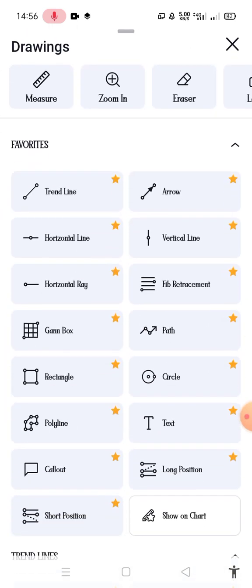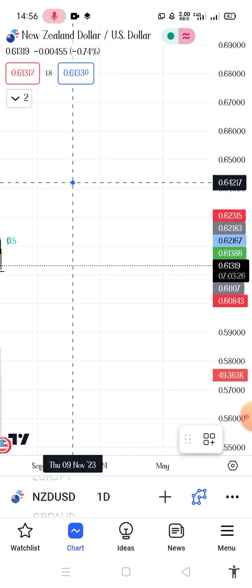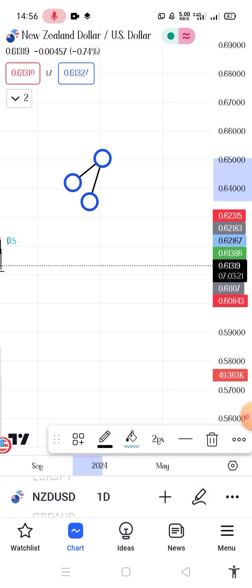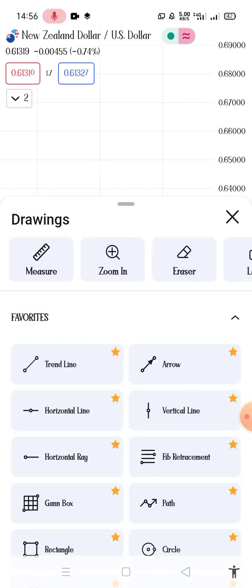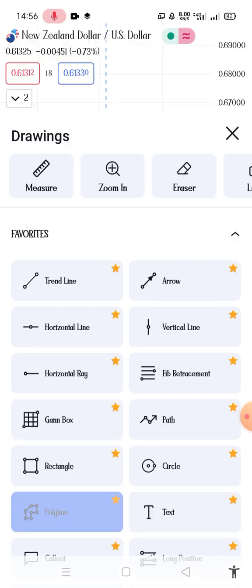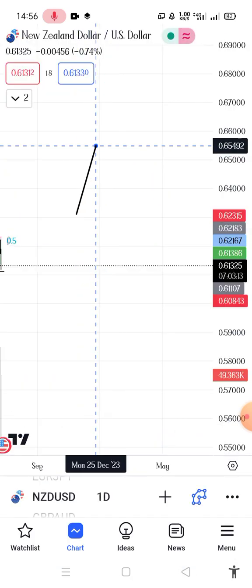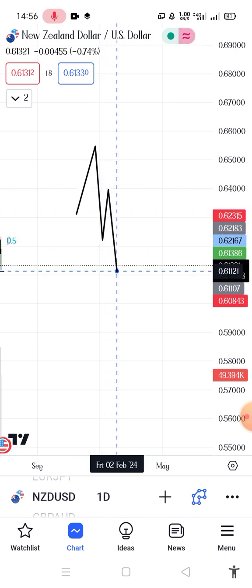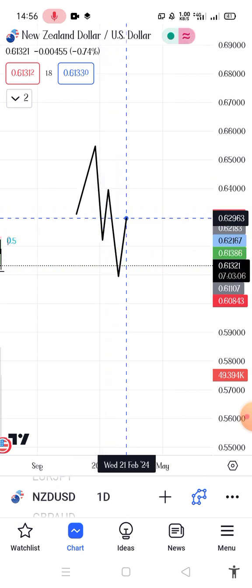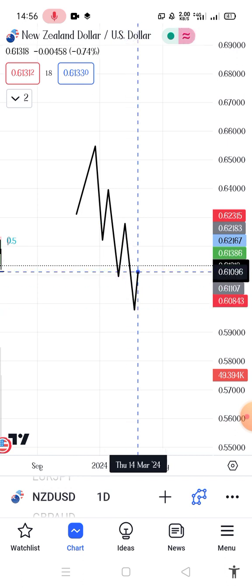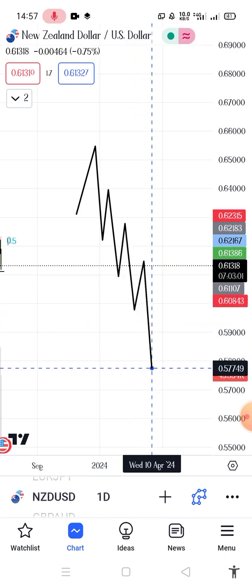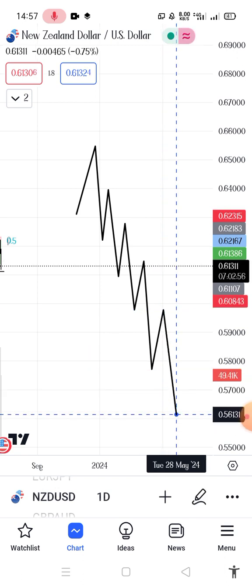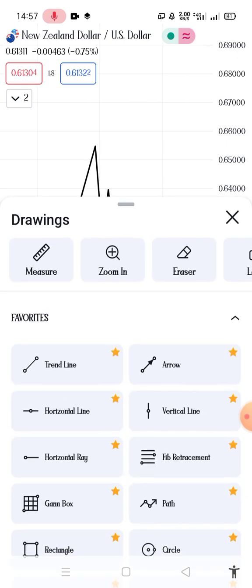So when it's going this way, this is market structure. This is a downtrend. In this scenario, you are looking to sell. You're looking for selling opportunities. So this is a downtrend, and a downtrend is made up of